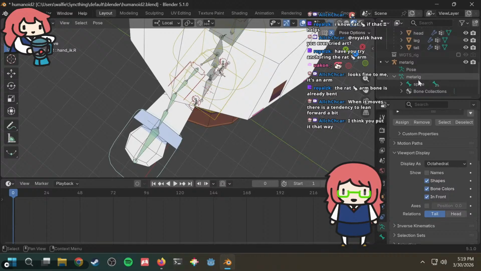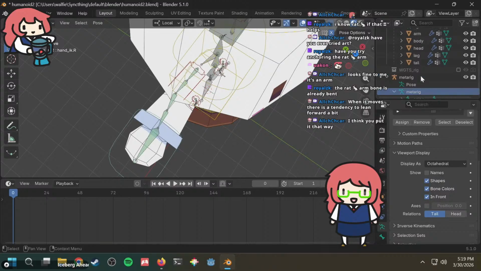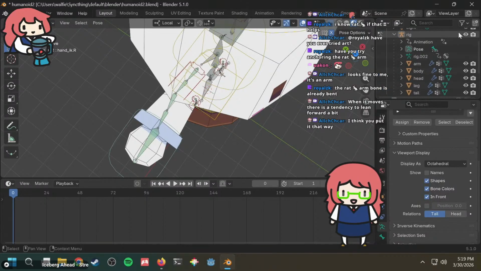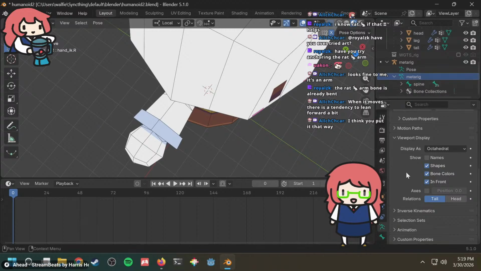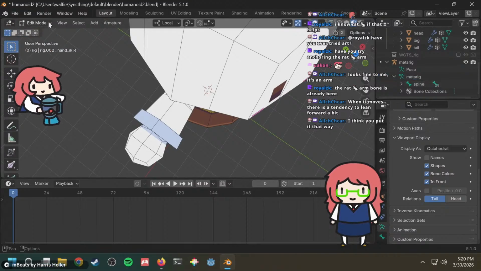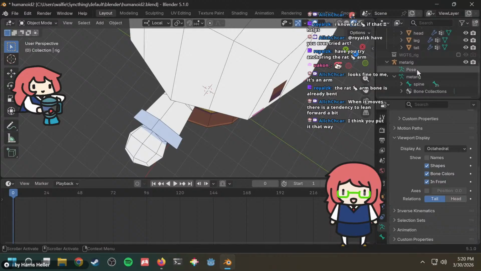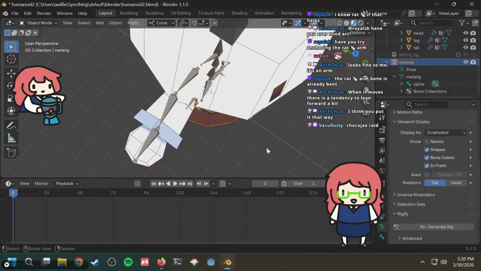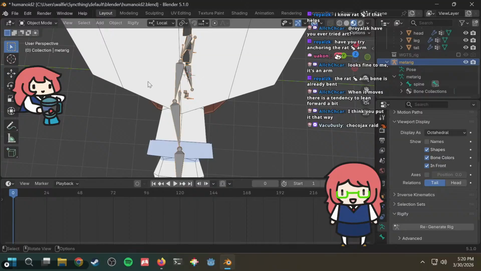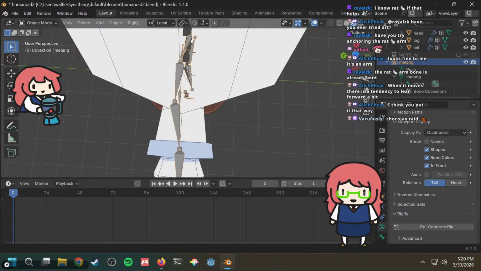So I need to go back into the rig and then rotate this bone slightly, I think. So if I hide this thing and then I go back here, there is perhaps a way that I can show it. Let's go to object mode. Click on this guy, click on the bone in front. See, this is the thing. You look at this and it's like that.